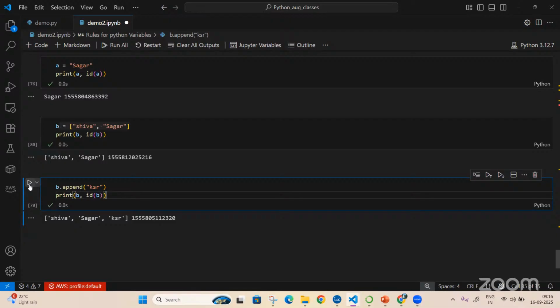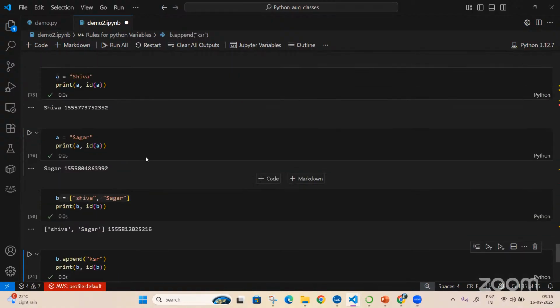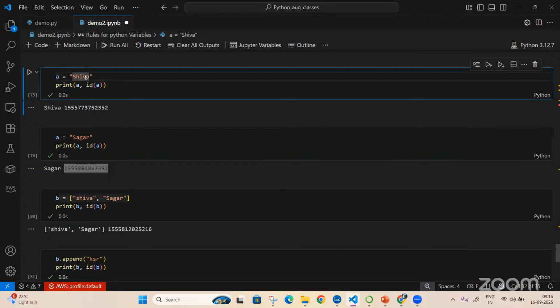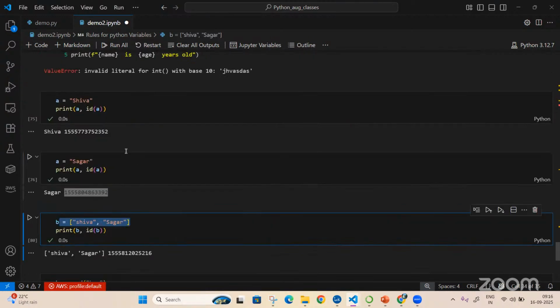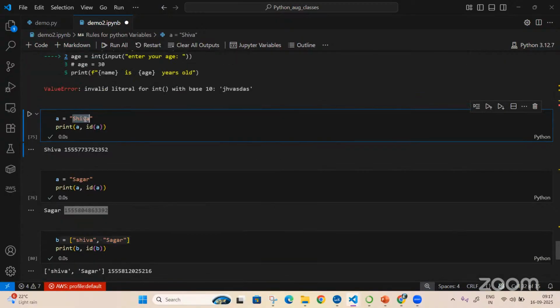When I do that, at the same memory location, if you come and see, the memory location is the same for both; it is changing in place. Whereas if you do A equal to Shiva, and then A equal to Sagar, it will change the memory address because this is a string data type. This is a list data type. That's the reason: this is a mutable object, and this is an immutable one.